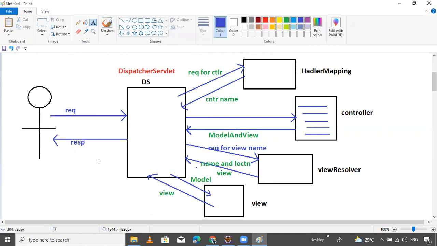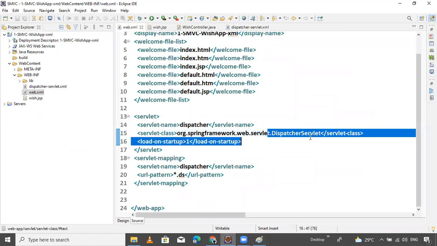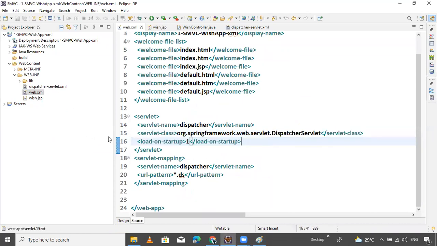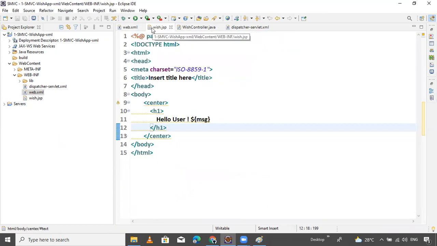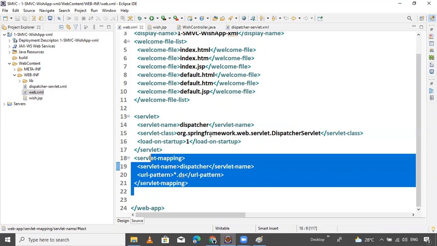Now this is the total and actual work of the dispatcher servlet. The dispatcher servlet takes the request from the client and searches the handler mapping for the URL pattern.